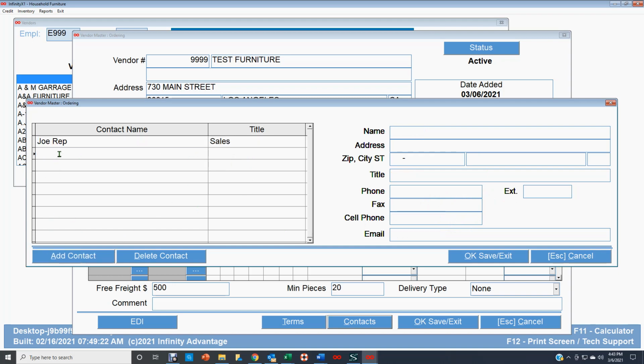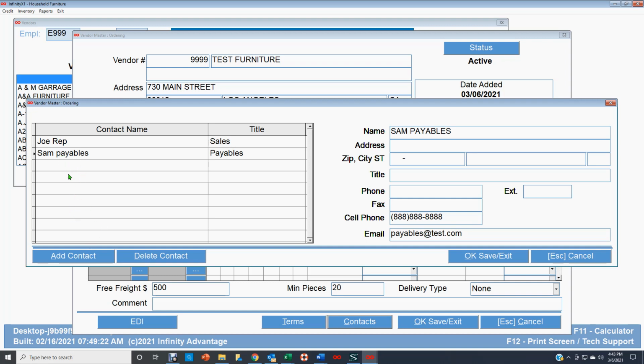Add another contact. And so let's say this is